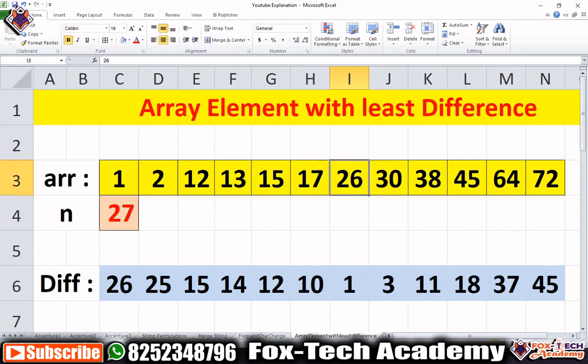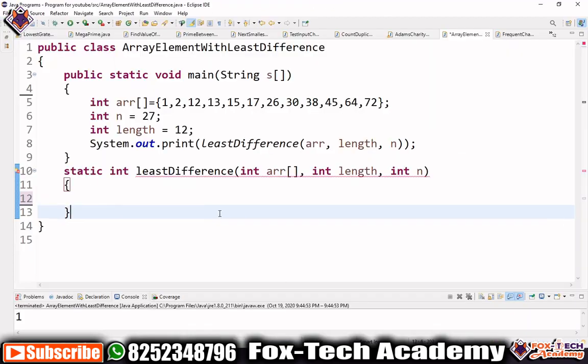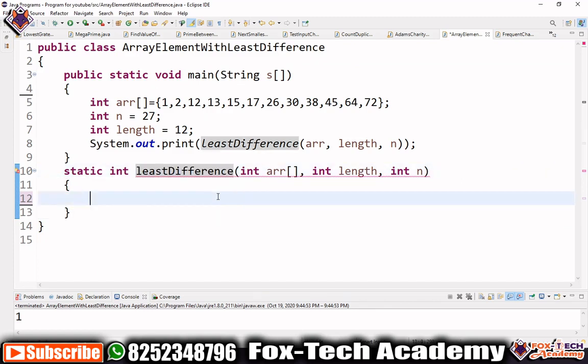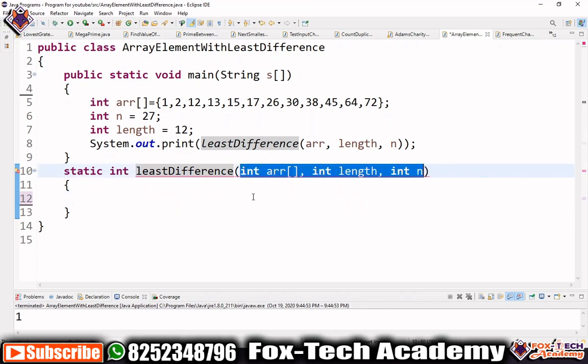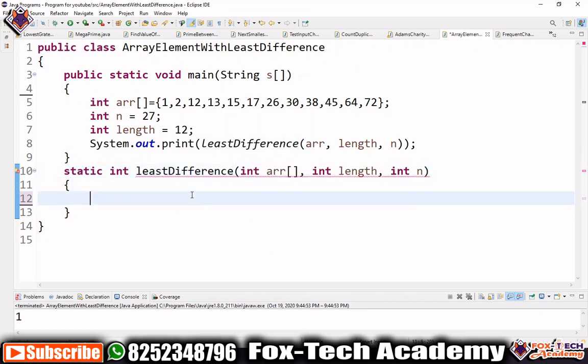So let's program this. We have one function, list difference. We have to implement this function, and it takes these three arguments as mentioned in the question. For solving this problem, first we will create one variable, a list variable, and this variable will hold the highest value, so that we can compare it with the distance of each and every element.